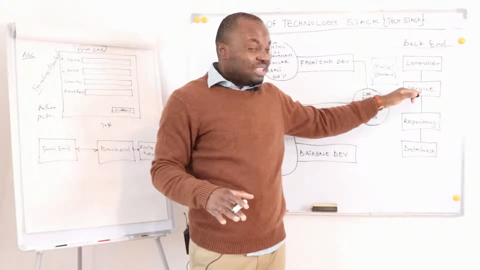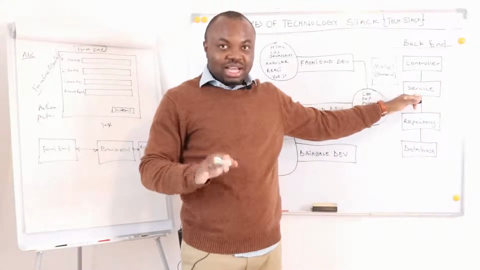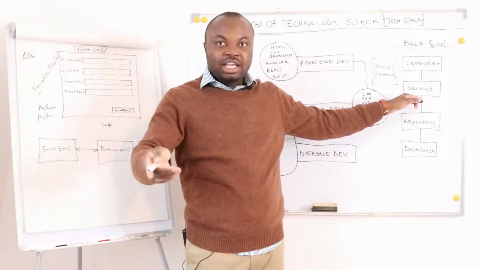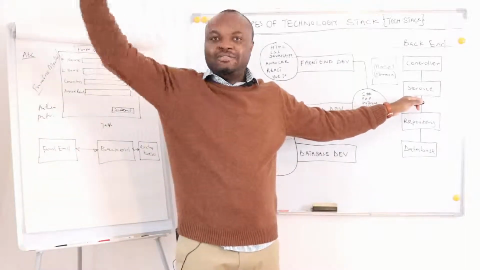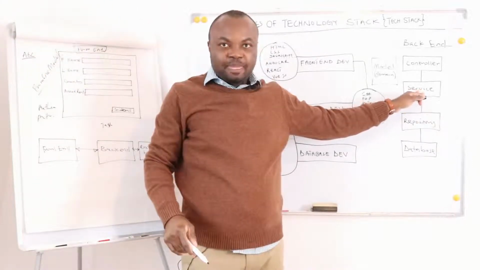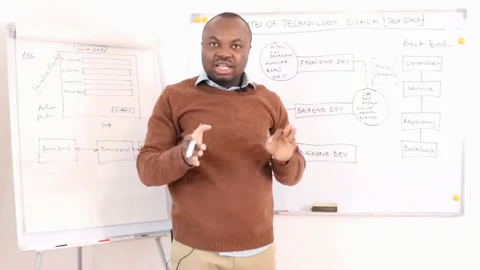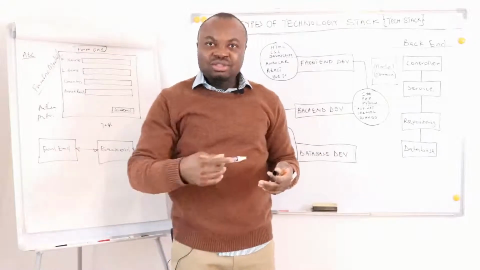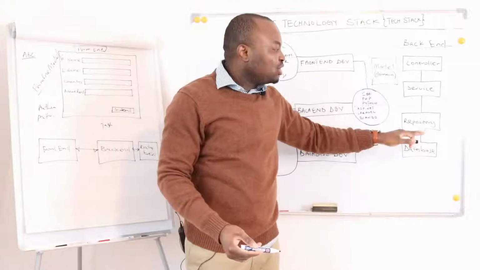So your service does what? Business rule. This is where you implement your business rule. And this is where you implement infrastructural concerns, like if you want to send an email, or call another software, another service running in a different server using HTTP calls. You do that within your service. You see, after you have performed all the calculation and everything is set to save in the database, you don't save it directly to the database from the service. You pass that information to the repository.